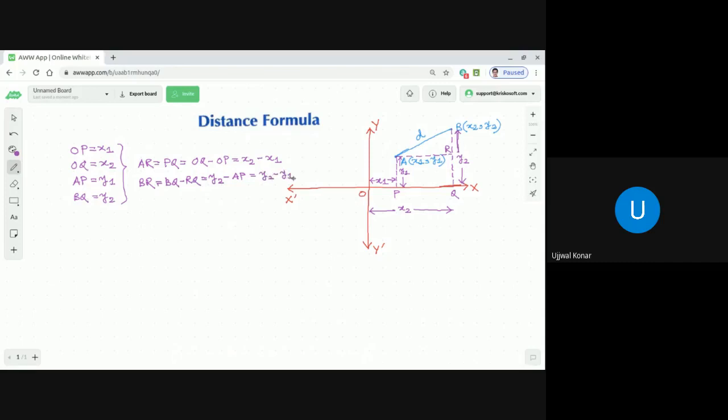So we get the value of AR is equal to x2 minus x1, and the value of BR is equal to y2 minus y1. Now, if you look into the triangle BRA, the triangle BRA is a right angle triangle. So, by applying Pythagoras theorem,